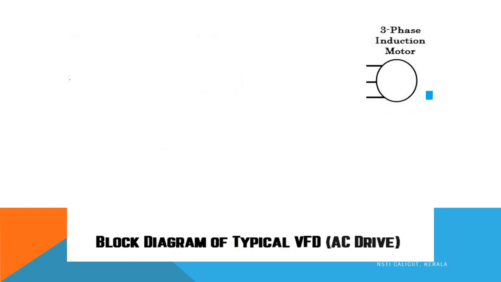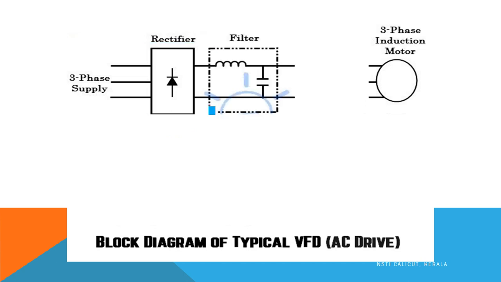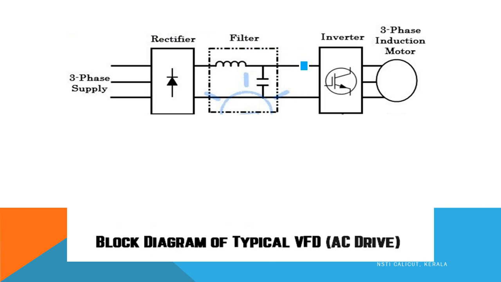So we have a three-phase induction motor. Normally it is directly given by AC supply. So this is the AC three-phase supply available. Now what do you have to do? We have to rectify. So what is the rectifier doing? The AC will be rectified and generally it will be pulsating DC, rectified DC. And what do we have to do? It has to be filtered to make it smoother. Better DC will be produced after the filter section, and the DC is available here and that will be inverted to AC. So that is done by the inverter.